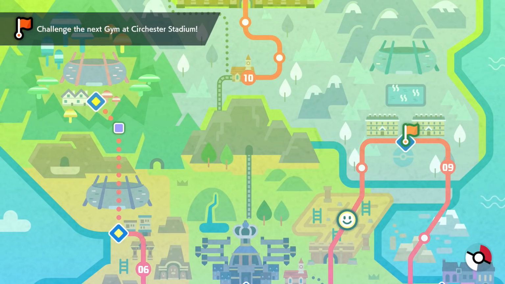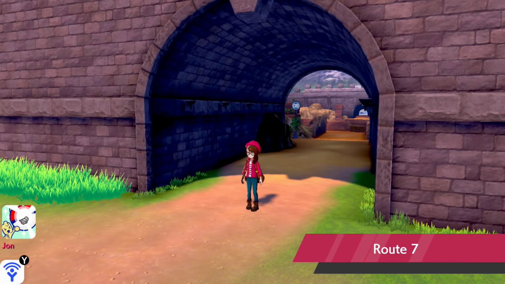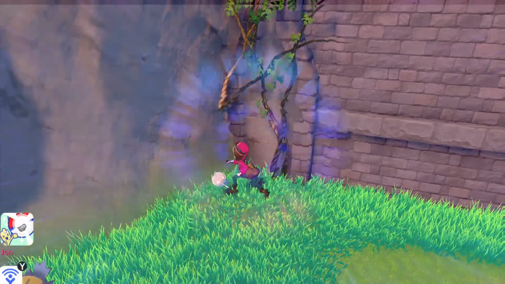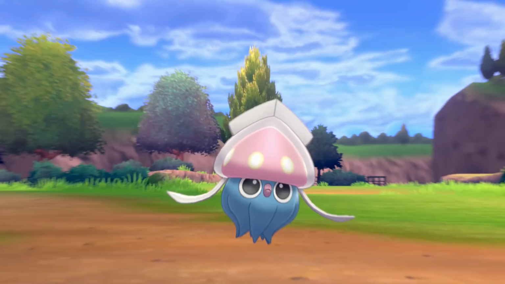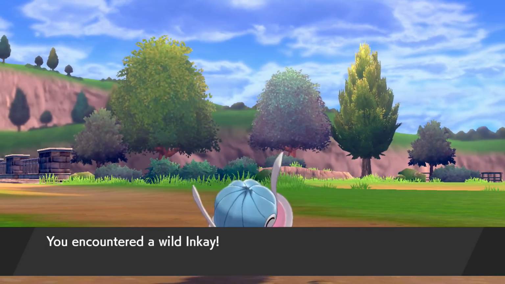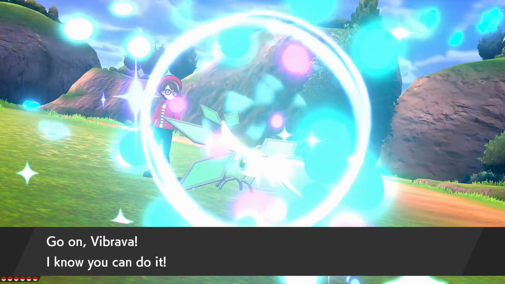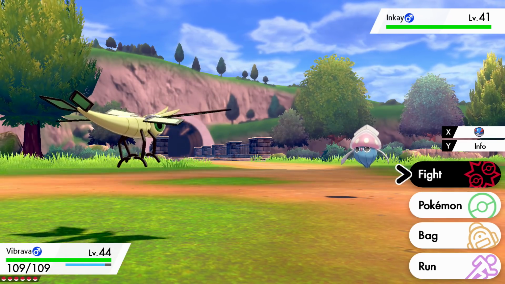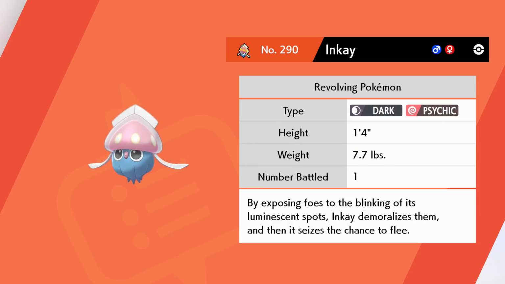Maybe there's more of Route 7 beyond Team Yell. But yeah, good place to actually train, but I feel like... Oh, get the Inkay. Okay. There's also this bastard. You're a... what is it? Dark Psychic type or something. I don't know whether I'm interested in you, so I'm going to catch one of you just in case. Yeah, there we go. Inkay. Dark Psychic, which is...